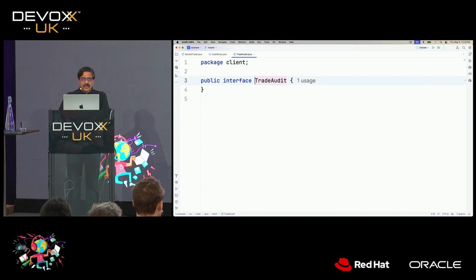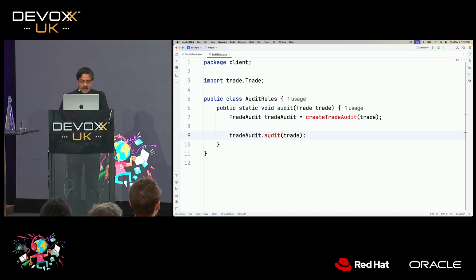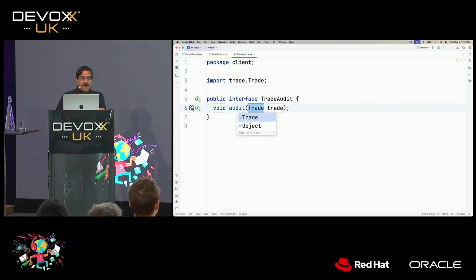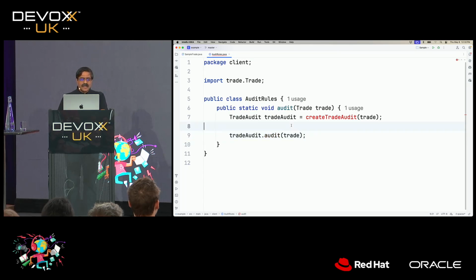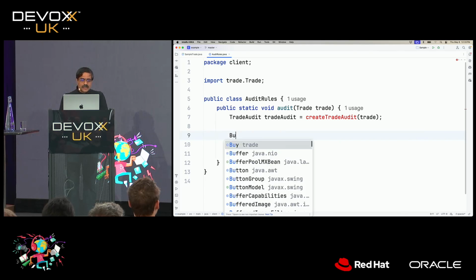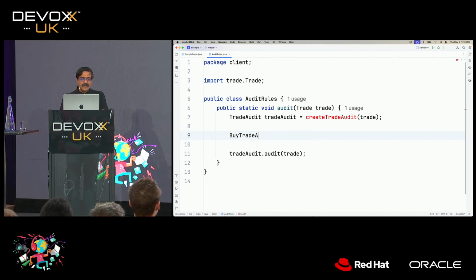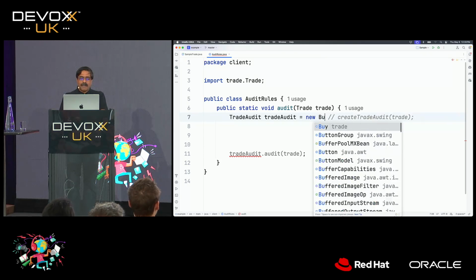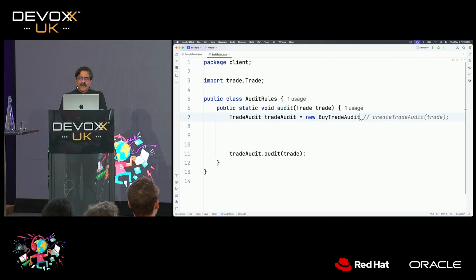And what does the trade audit actually do for us? It's going to have a function called audit that's going to perform the audit on the trade. So far, so good, isn't it? Okay, great. But then what do I need after the trade audit? Well, as you can imagine, this could be a sell or a buy, isn't it? So I'm going to do a buy trade audit, and let's do it this way just for a moment so we can actually get the code in place. I could say buy trade audit, and the buy trade audit may really be the one that is going to audit a trade, so we could create that one.